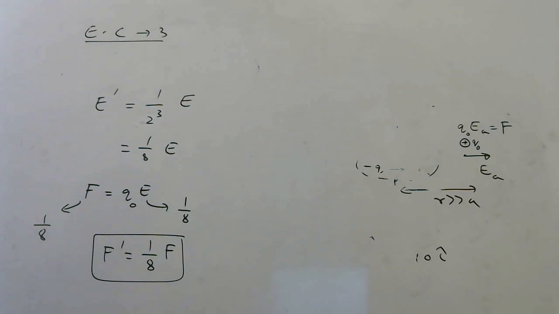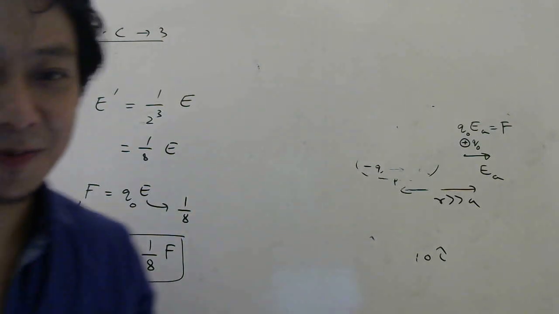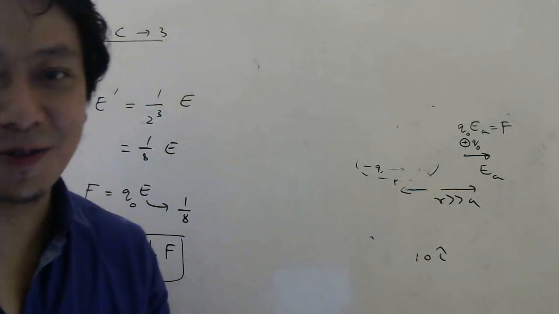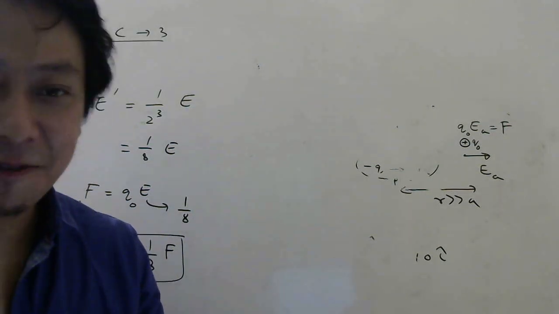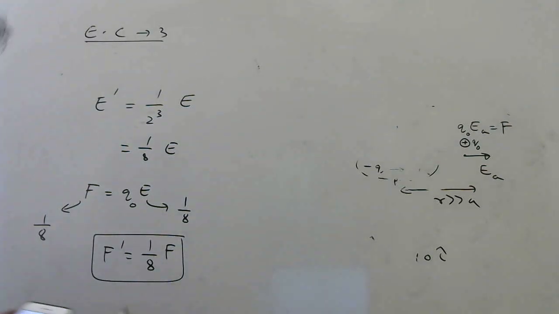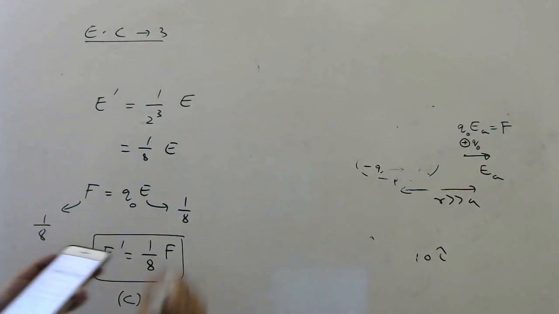Okay. So which is the right answer? Here they are saying F by 9. Okay, 9 is not possible. No, 2 cube is not 9. 2 cube is 8. So please make it F by 8. Okay, option C. Question number 4.